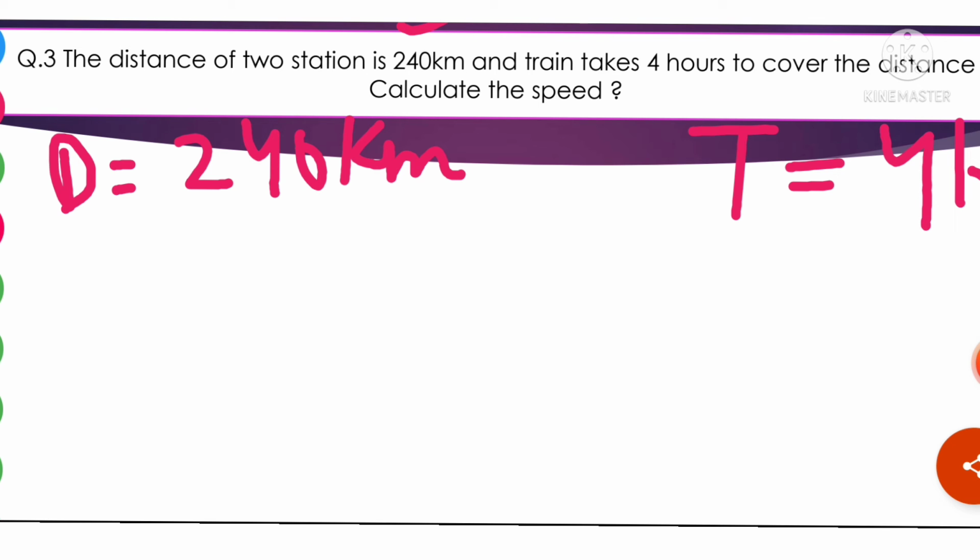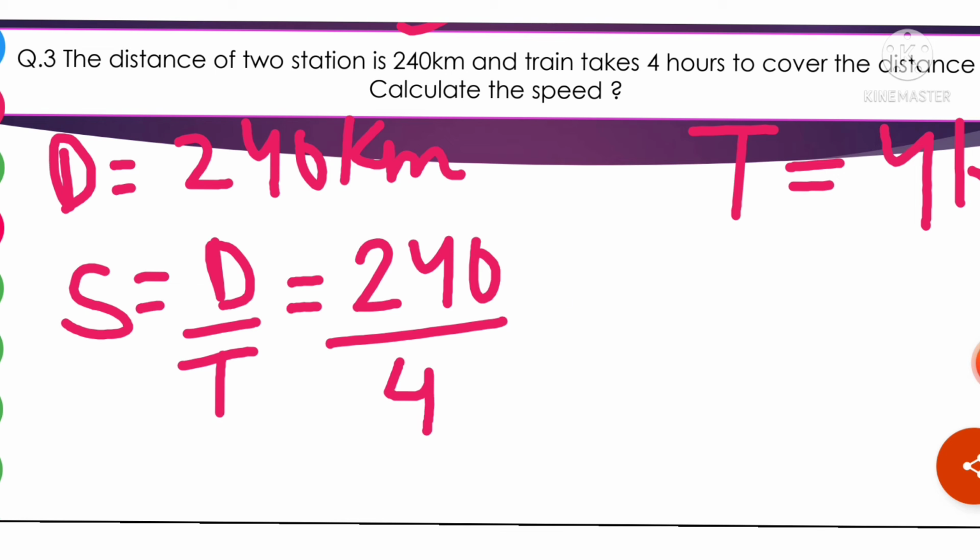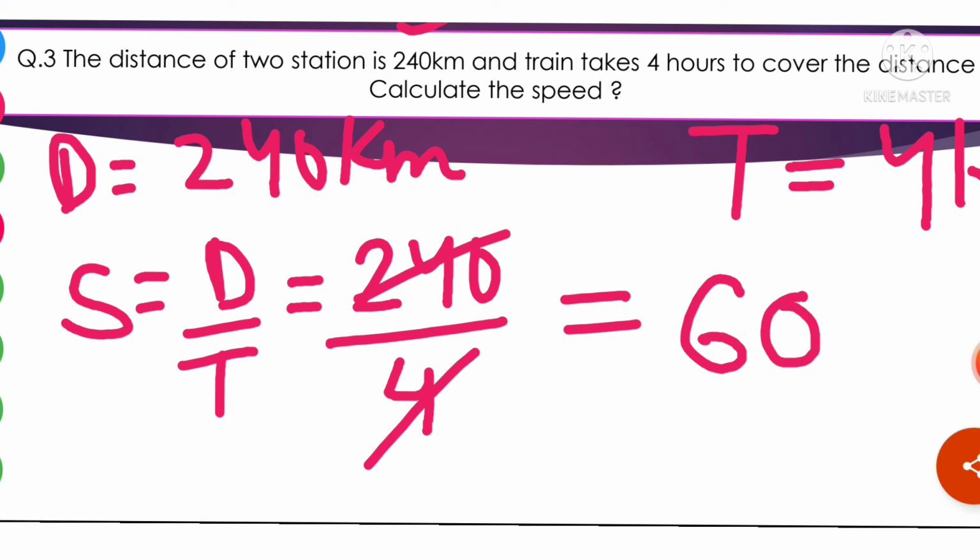So what you need to do is just find out the speed. Speed is equal to distance upon time. Distance is 240, time is 4 hours. When you cancel this, it will be 60 km per hour.